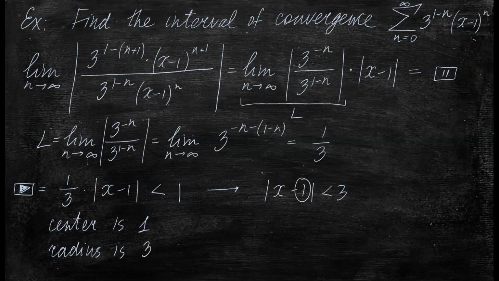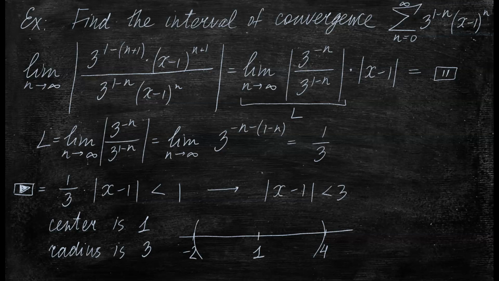Again, this is my center, this is my radius, and we can draw the interval. So it's centered at 1, and the radius is 3, means it goes from 1 to 4 and to -2. So this is my interval, and using the interval notation,